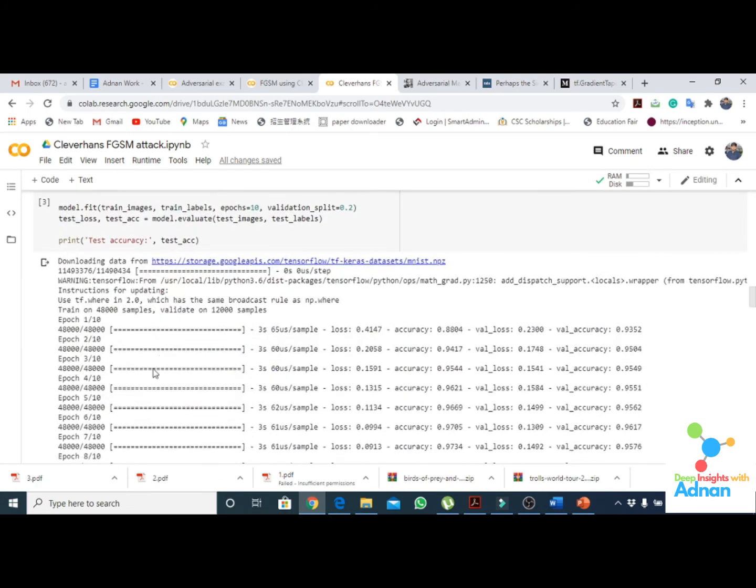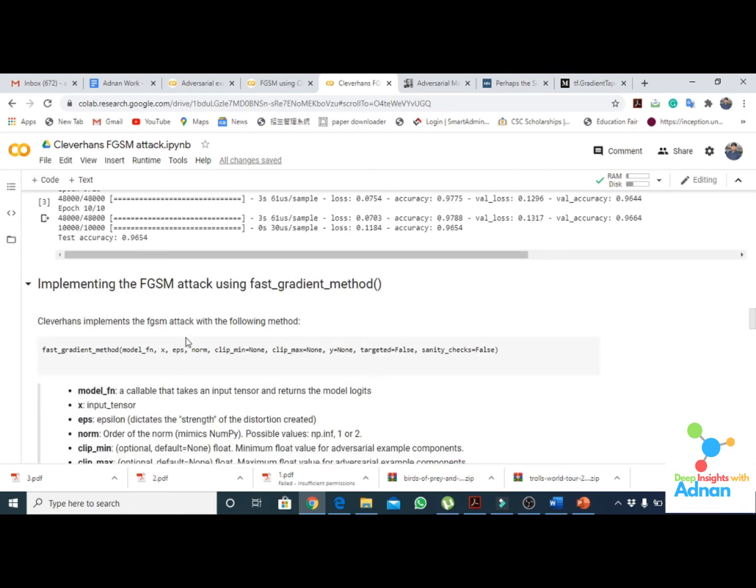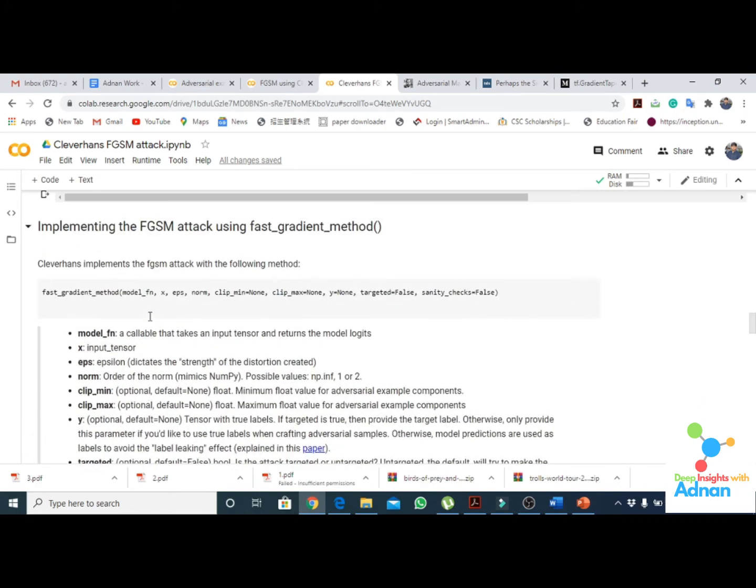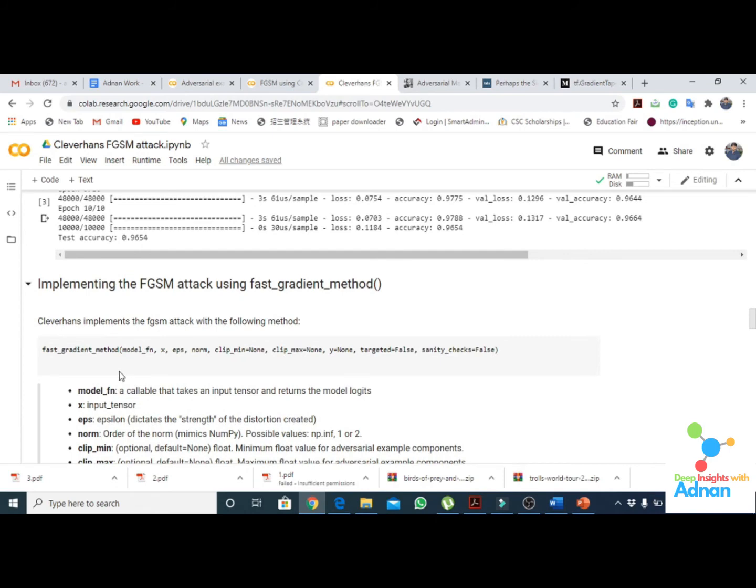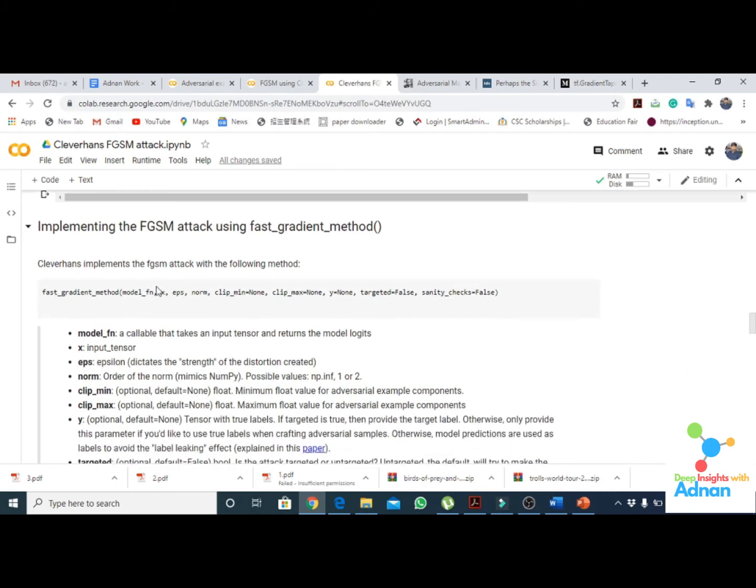Let's see, it's already trained with 96.8 accuracy. When we import the fast gradient method, what we have to give is model, image, value of epsilon, norm, clip minimum, clip max, and none, which is beyond the scope.